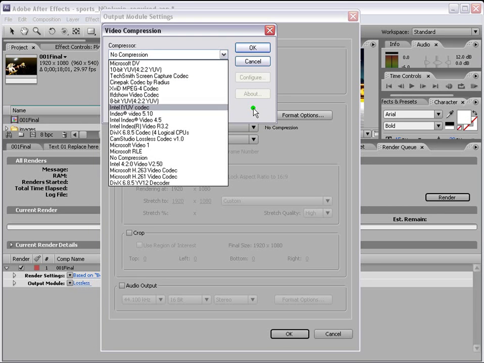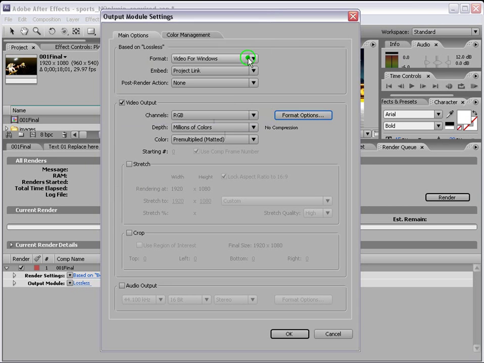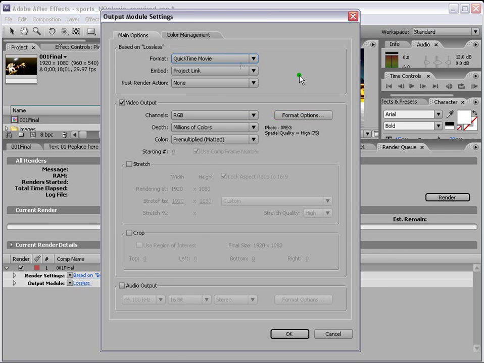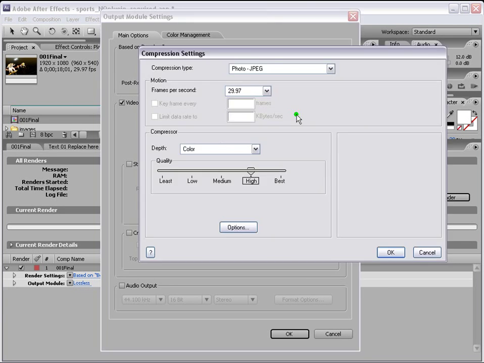All these are good compressors, but usually the best format you should choose, I think, is QuickTime, because QuickTime works for PCs and Macs as well. So stick to QuickTime, and if you want basically an uncompressed file, which is the top quality, then you go here